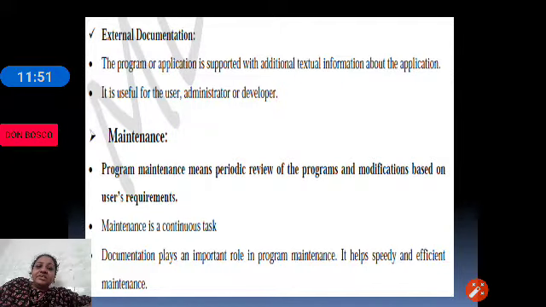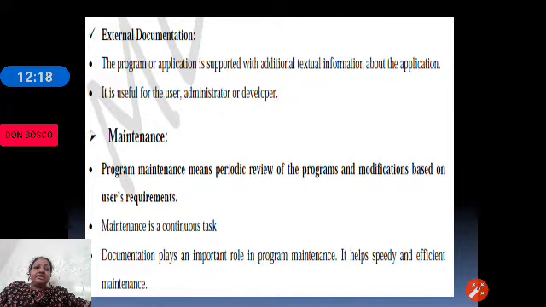So maintaining is, we need to make the proper modifications required. There may be some modules which may not be required, we can remove those, and there can be some new modules required that can be added to our program. Maintenance is something like we are continuously modifying our program so that it is up to date.